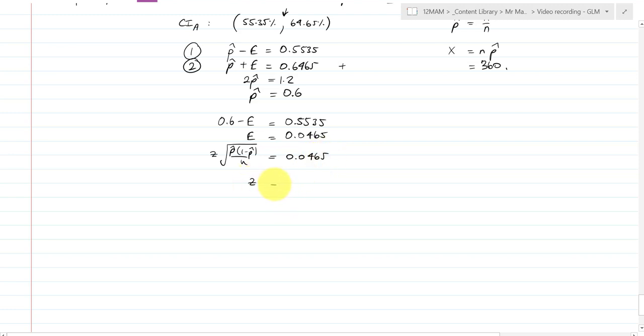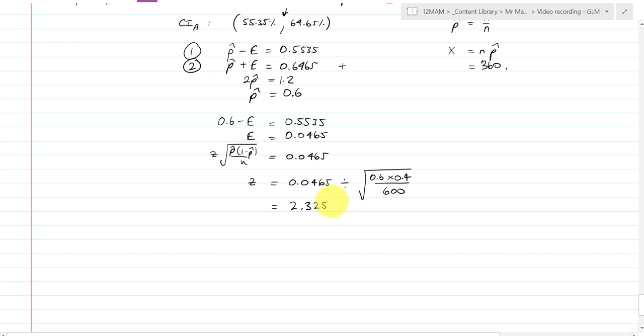And so z is equal to 0.0465 divided by, and I'm going to do my substitutions now as well, the square root of 0.6 times 0.4 over 600, our n value. And so I'll just quickly do that calculation, and I get a z-score of